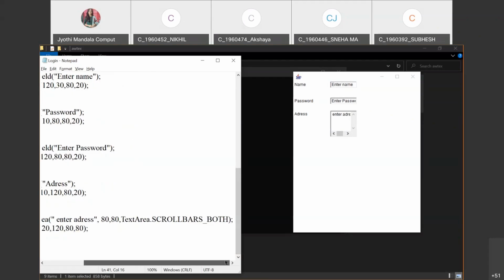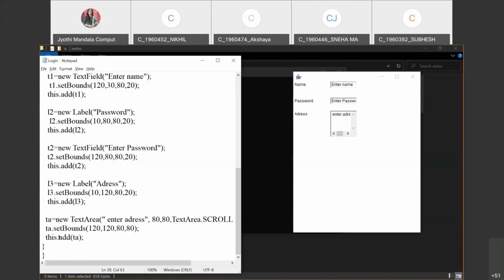Okay, SCROLLBARS_VERTICAL_ONLY you give, you will get only vertical. SCROLLBARS_HORIZONTAL_ONLY if you give, you will get horizontal. SCROLLBARS_NONE you give, then no scroll bar will be added. Okay, and the bounds are set and it is added to the frame. That's it. As simple as that. Like that, text boxes and text areas can be added to your frame. Okay, I hope you all are clear with this one.